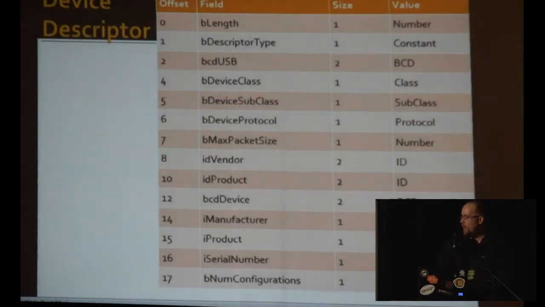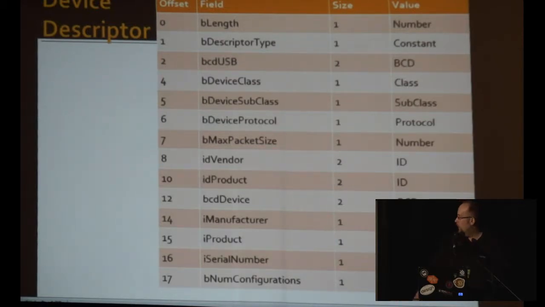So here's what comprises the device descriptor. Now, for the most part, this really doesn't mean all that much, except that this is probably one of the more important descriptors that exist. Because if you've ever looked at the device manager in Windows, most of the information you see comes from this. If you look at, say, the offset between 4 and 6, as well as 8 and 12 there,